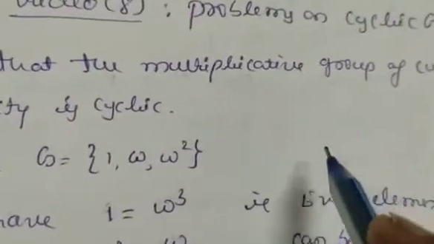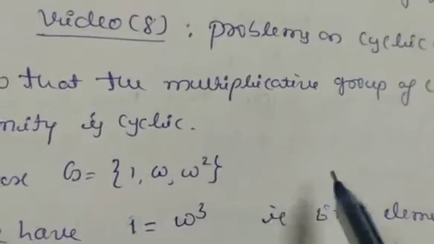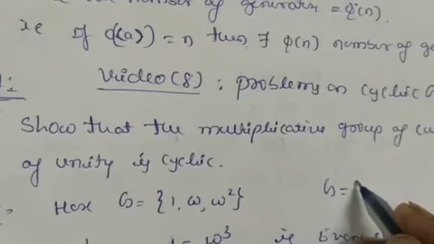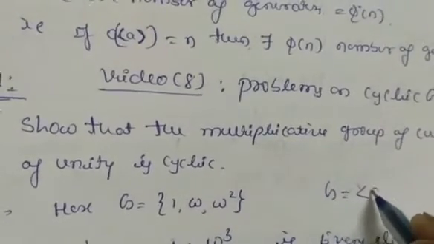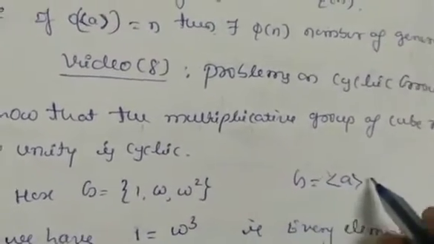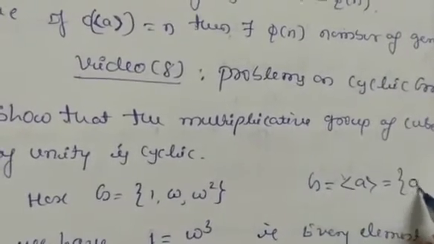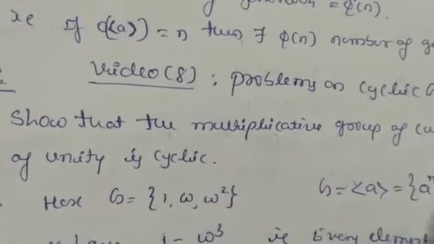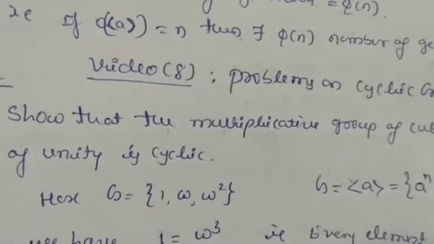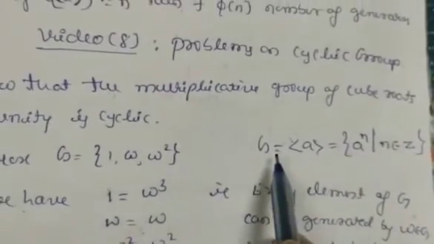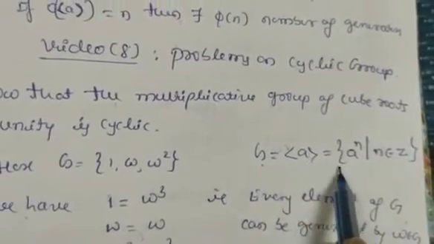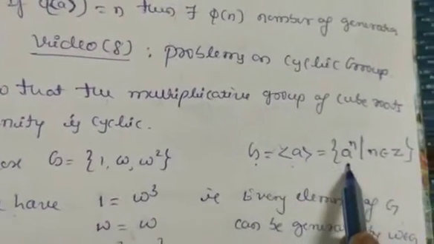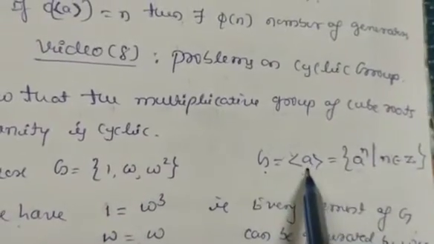You know the definition of a cyclic group. In the last class you have seen the definition. Suppose G is a group generated by an element a; it is called cyclic if all the elements of this group are in the form of a raised to n, where n is any integer. That means all the elements of G are in the form of powers of a, and then we can say it is a cyclic group generated by a.